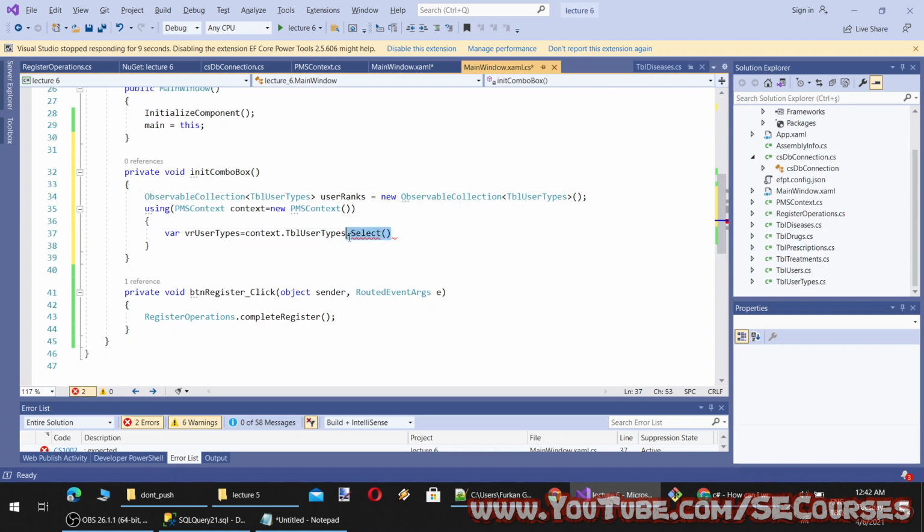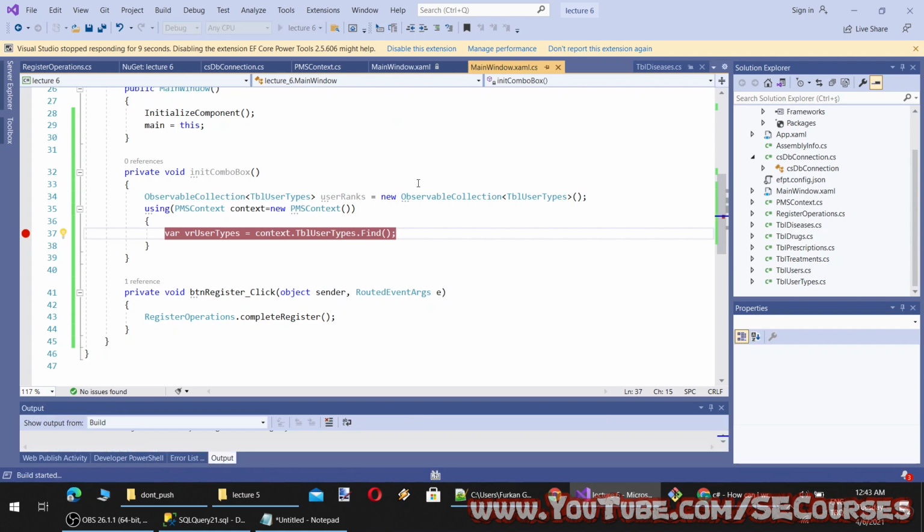Okay, so I think we need to find like this. Okay, so let's see what these will return to us for now and proceed from there. But this context will be available only inside this using statement.